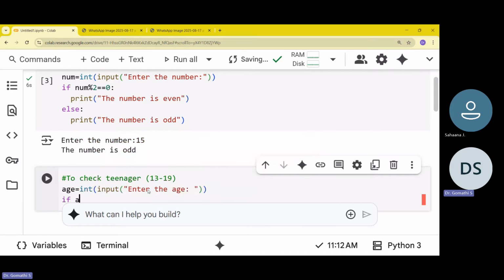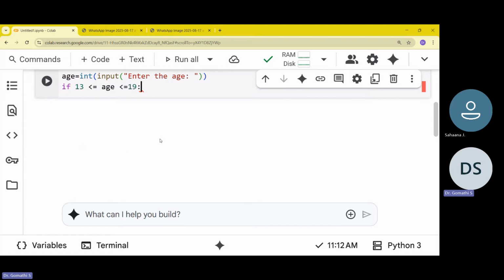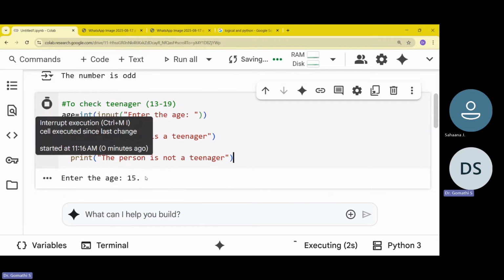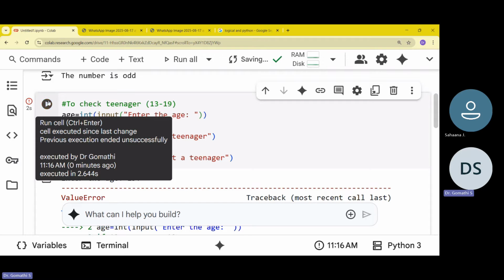It's very simple. If age is less than or equal to 13, okay, or you can even write like this: if 13 less than or equal to age less than or equal to 19. This is one way of writing it. Or else you can write it another way. Let me just try this. This person is not a teenager. First, let us check whether this is showing. Okay, it's a value error because I have used